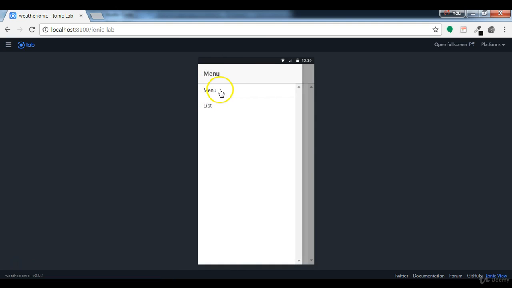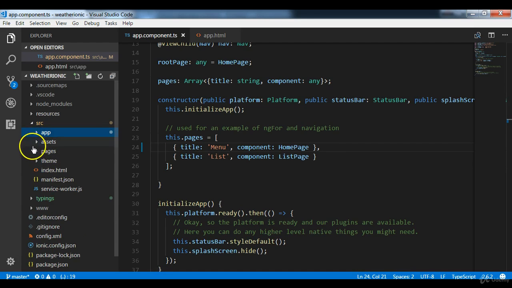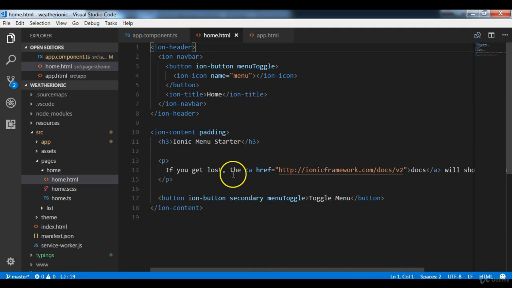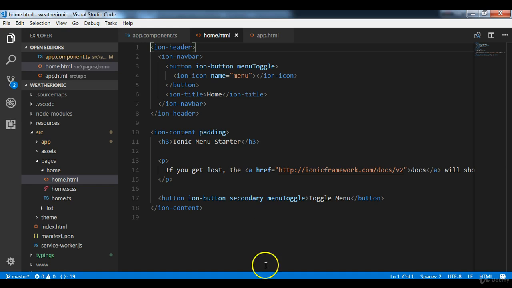You can see now that the name has changed because we changed it from this array, but we are not going to use it this way. Then also, if I go into the pages folder, we have the home page with home.html. So everything you have here is what is being displayed right here. So if I change this to just Ionic,